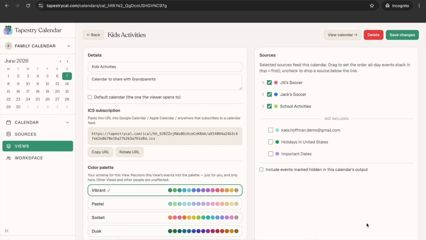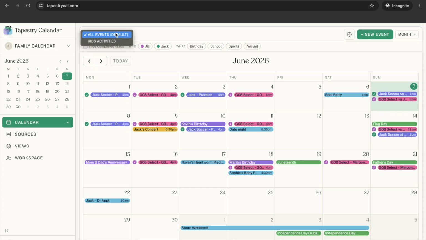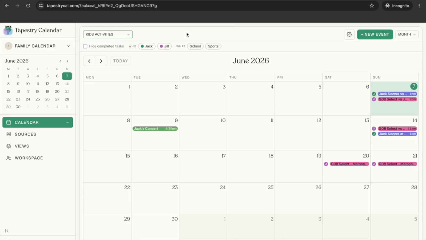But I know that Grandma won't need to see their practice schedule or extracurriculars like theater club. For this reason, I can also set rules for what shows up in each view. In this case, I've set up rules to show only events that have a tag called Share to Kids Activities, and also events that do not include the word practice. So when I go back to my calendar, and I switch to the Kids Activities calendar, you'll see that Grandma has a calendar now that only shows their sports events and school events that we would want them to attend,